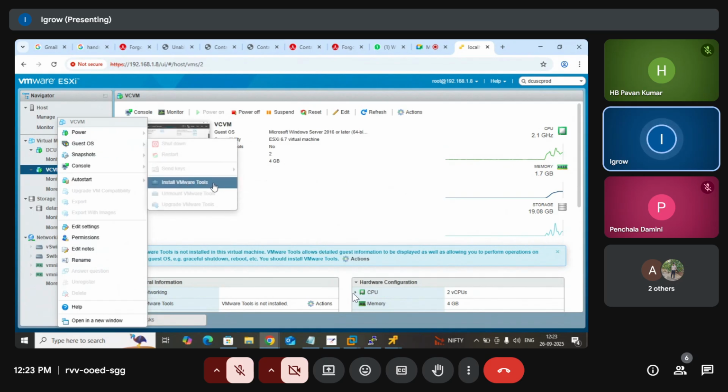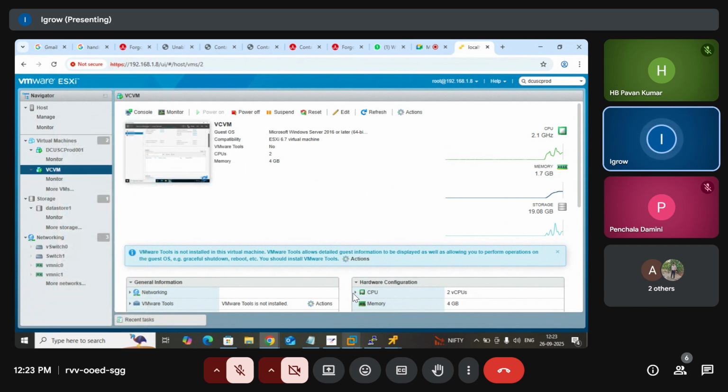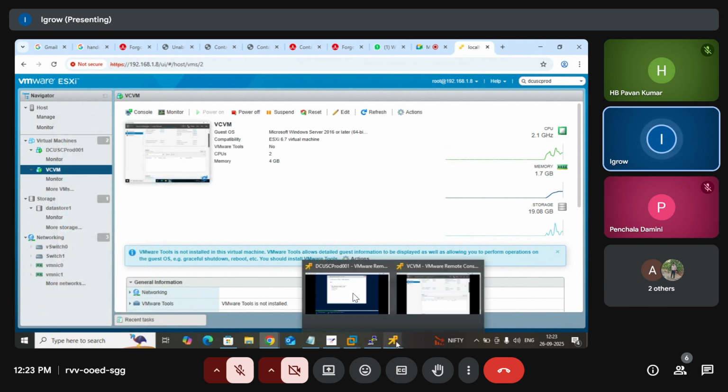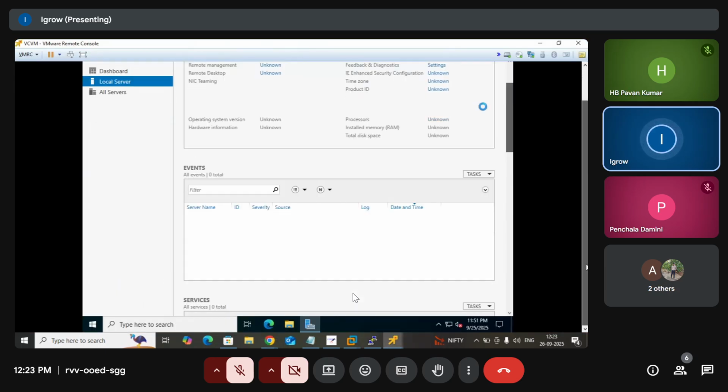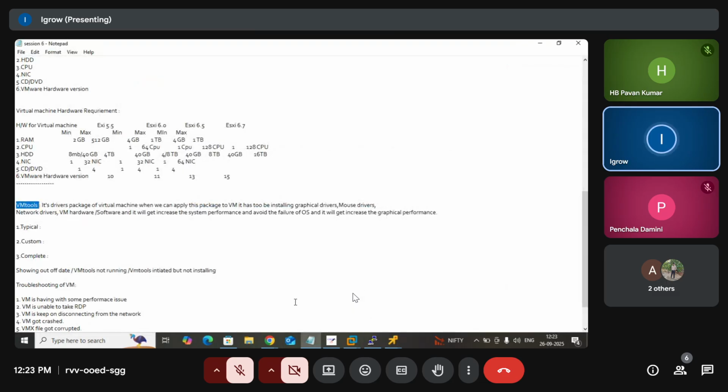When we do this, a CD/DVD mount point will be mounted in your File Explorer. What is the use of VMware Tools, guys? If you install VMware Tools, all the graphical drivers and mouse drivers